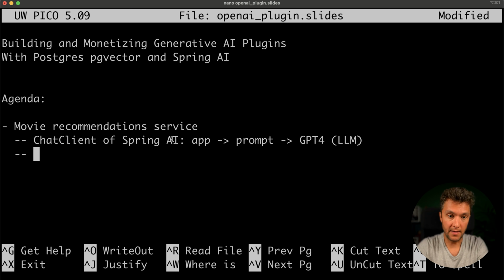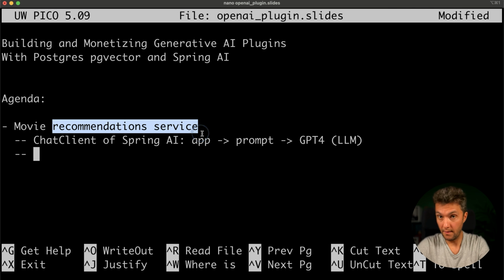The first reason is that the ChatClient based implementation is going to be a little bit slow. Why? Because this prompt needs to be sent to the GPT-4 model, and it will just take time to come up with those recommendations. So it's just not that fast. And the second reason is that the data, the information that is going to be returned by the GPT-4 model might not be up to date, because all those movies might be relevant for some of the prompts, but they might be completely wrong for some other prompts that are asking, let's say, for the latest movies starring